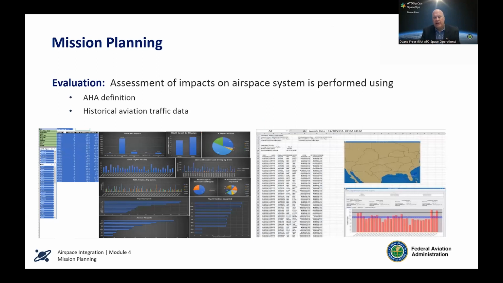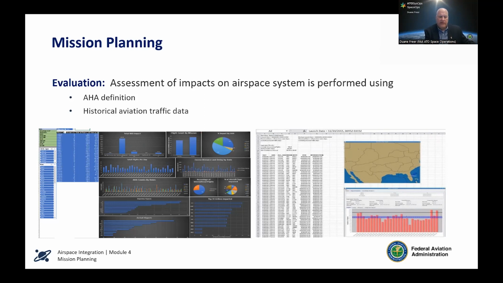Here are 2 examples of our assessment tools. On the left-hand side is ACAT. It's an assessment tool that we use. And it's more or less, we put the dimensions of the hazard area onto a mapping system. And then based on historical data that's resident in our systems, we're able to predict, based on similar days, similar times, the number of aircraft.